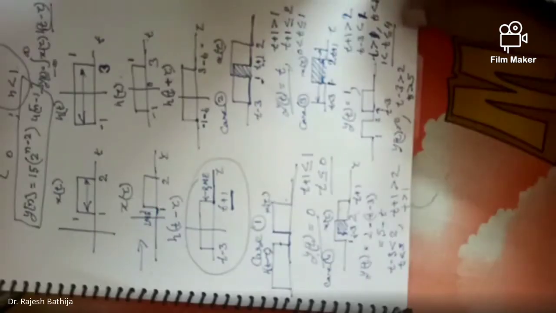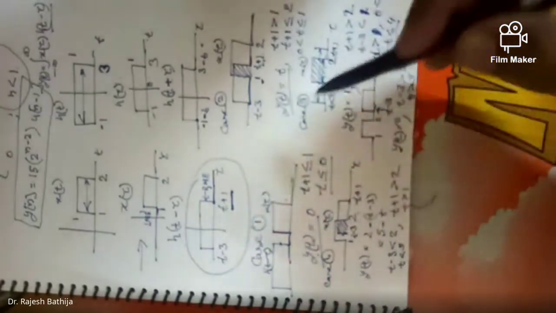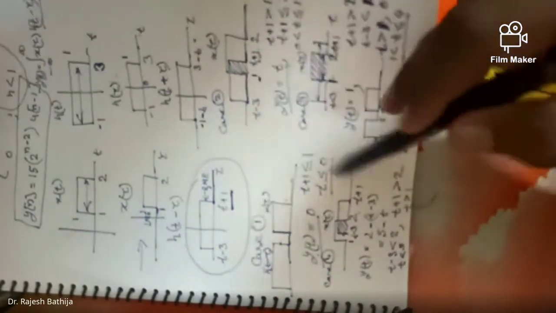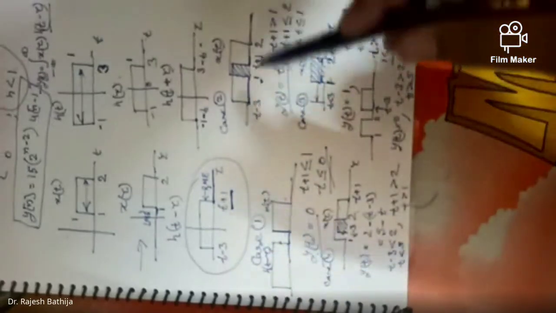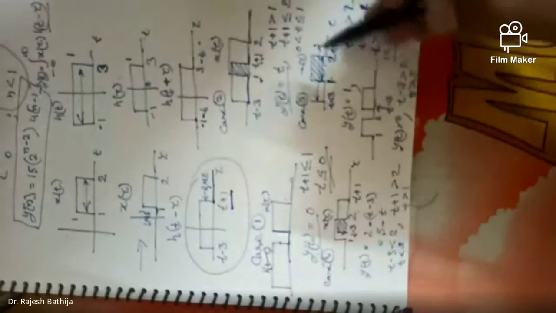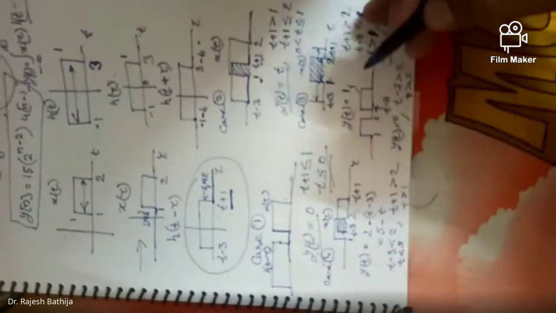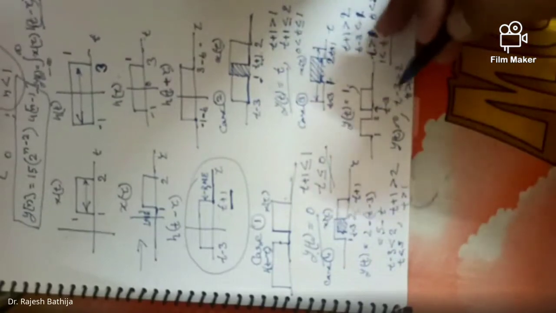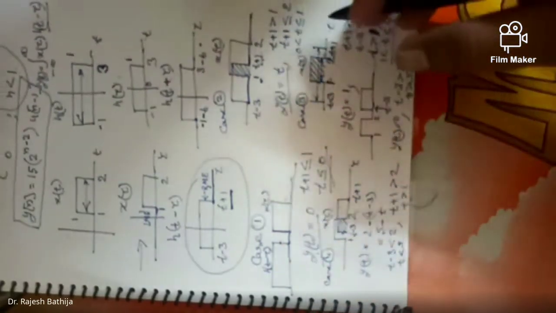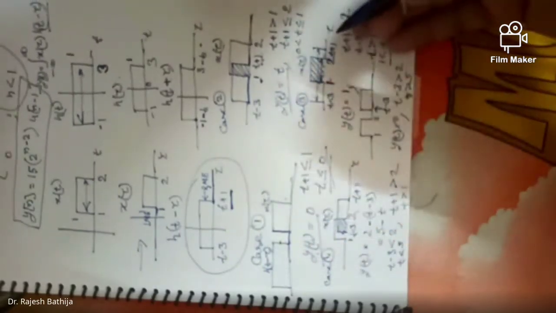Yes, sir. Right. So we stop it over here and we can write y of t combinedly: y of t is 0 for this condition, then y of t is this t for this condition, and y of t is equal to 1 for this condition, and y of t is equal to this for this condition of t, and y of t is again 0 for this condition. And we can plot it also versus t, because there are hardly 5 points between 0 to 5.